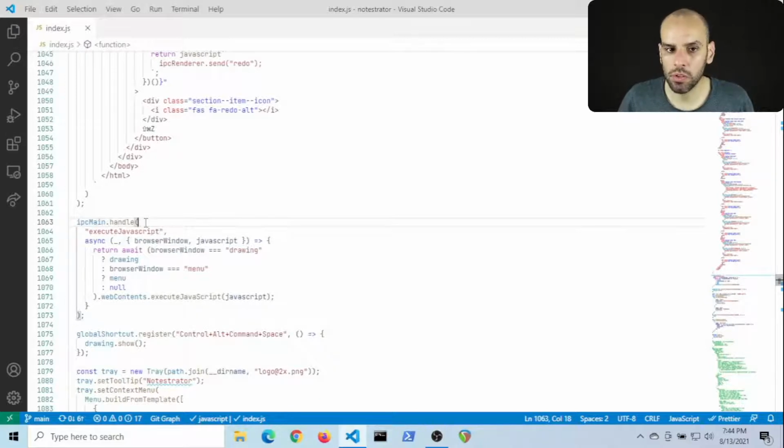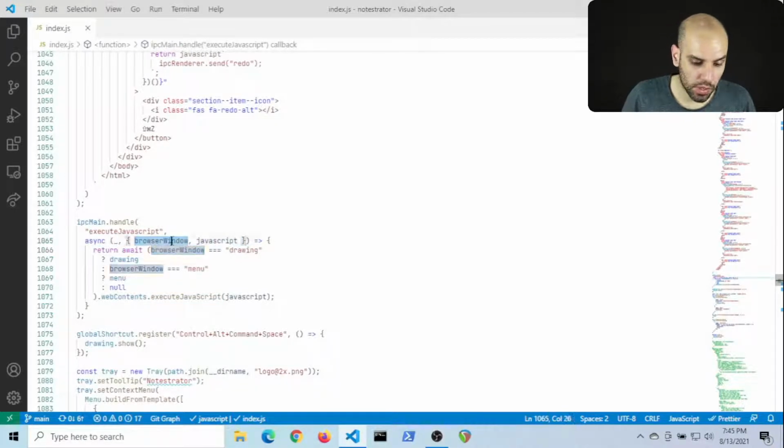Not to be confused with Google Chrome, but it's also Google Chrome. And then I receive this event, and I receive two parameters, the browser window where I want to run this, and then some JavaScript to actually run. So from my drawing window, I can send stuff to my menu and vice versa.